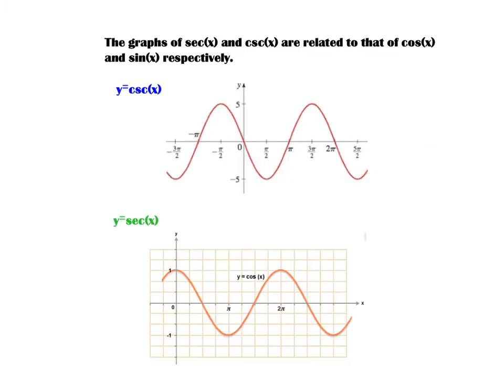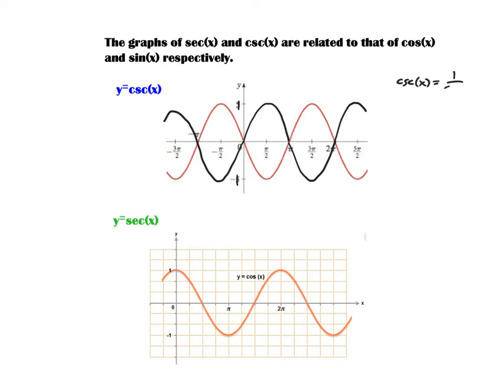Okay, so the graphs of secant and cosecant are related to that of cosine and sine, respectively. Now, I intended to put the sine function on here, and I didn't. I put a transformed version of the sine function, so I'm going to go ahead and just sketch the sine. I'm going to say that's pretty good. And so ignore the red graph for a moment. But cosecant